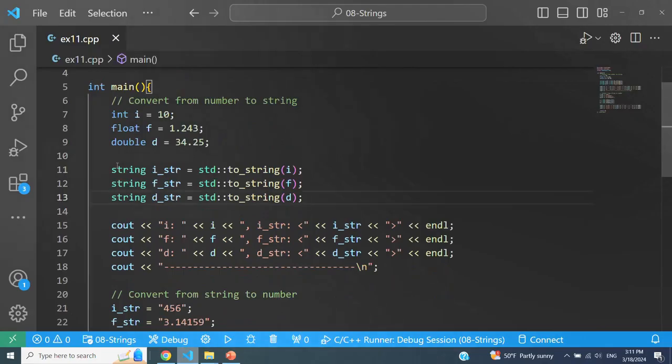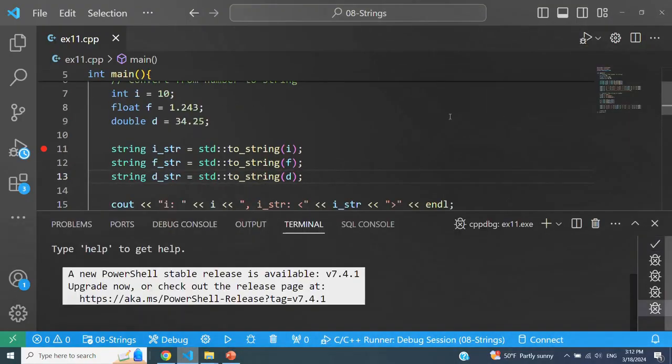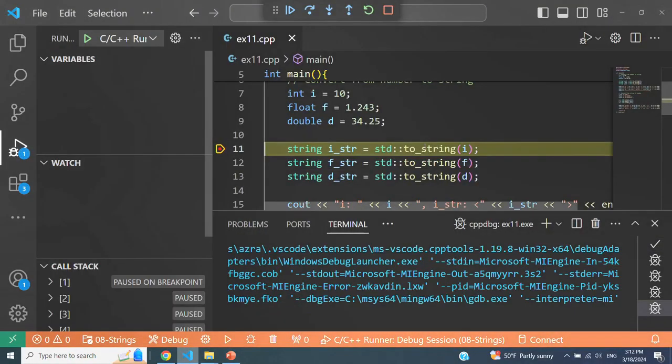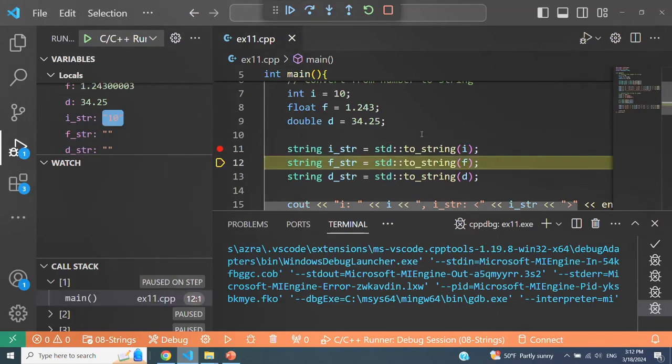So I'm first converting them into strings. So let me go step by step so that you can see what's going on. So in the first one, I am converting an integer i into a string, i_string. So at this point, i_string is empty. But when I make this call, you're going to see you get a string representation of this integer.